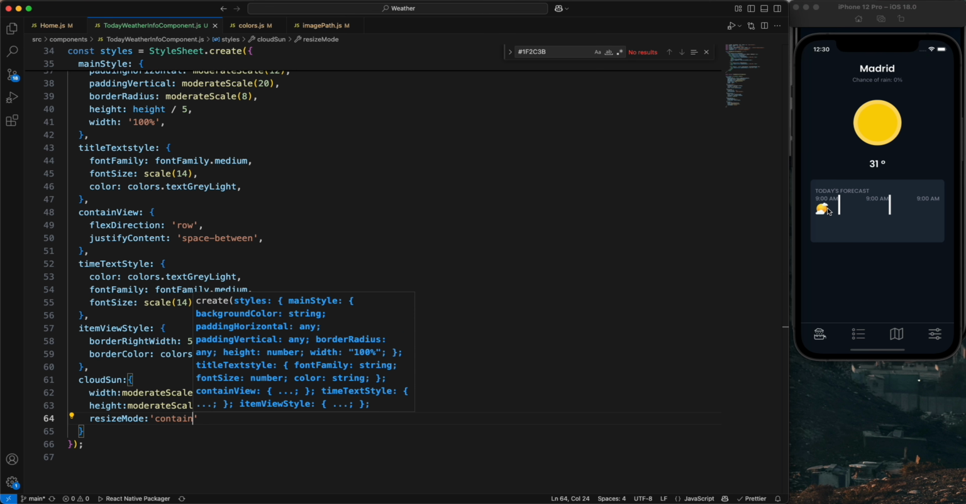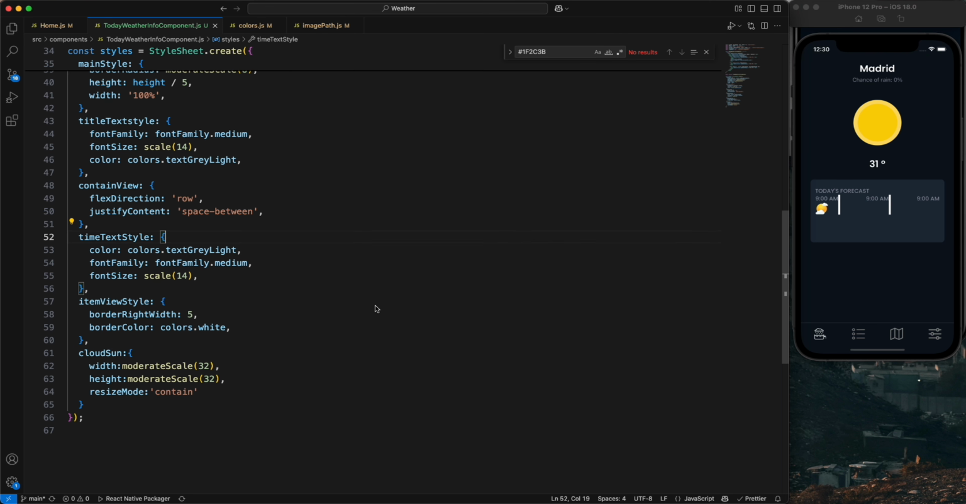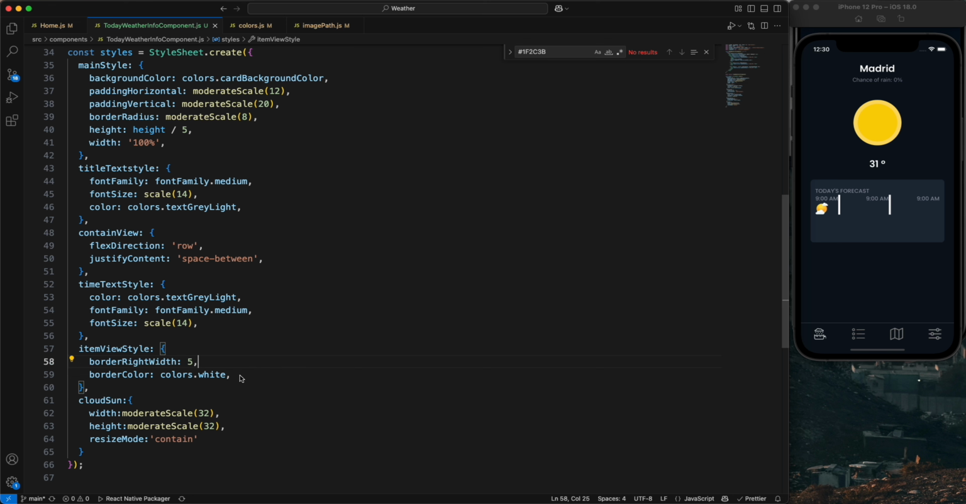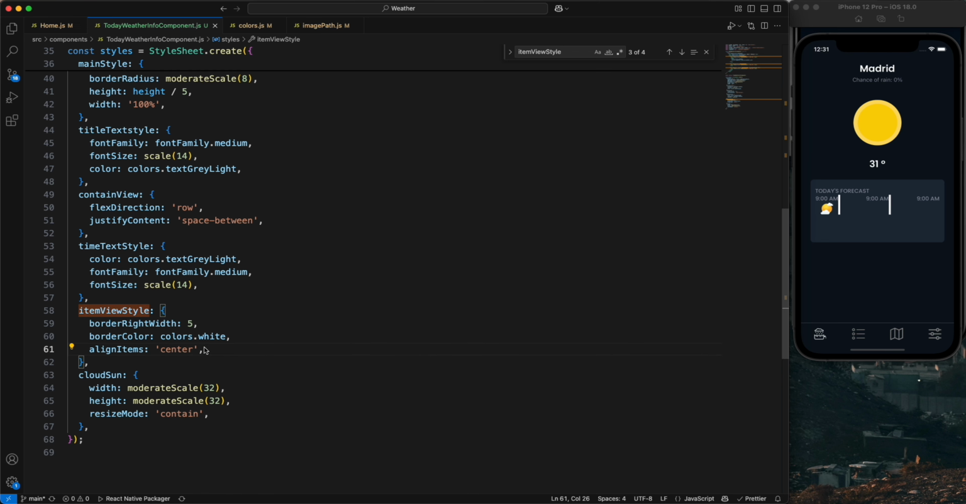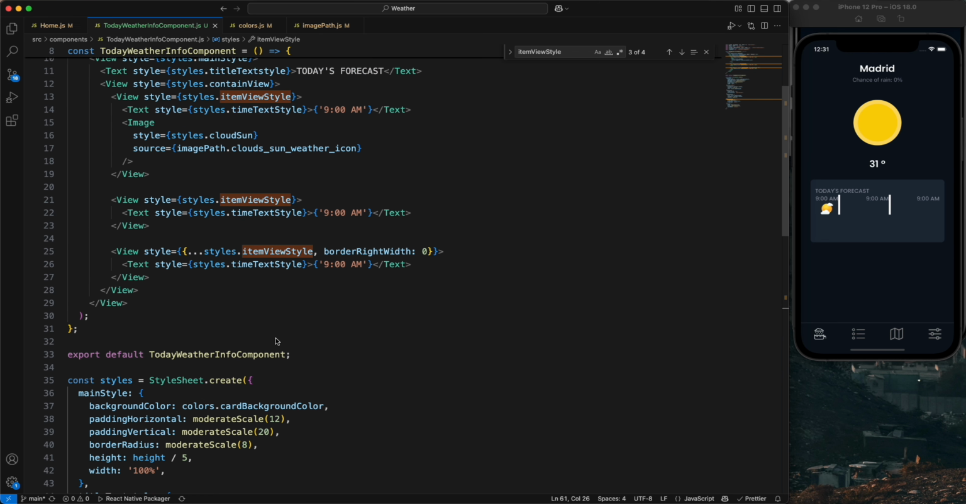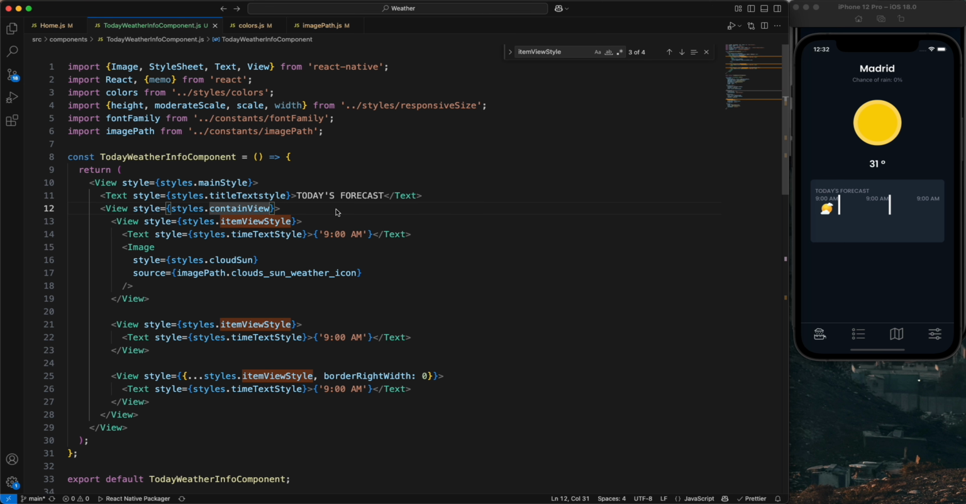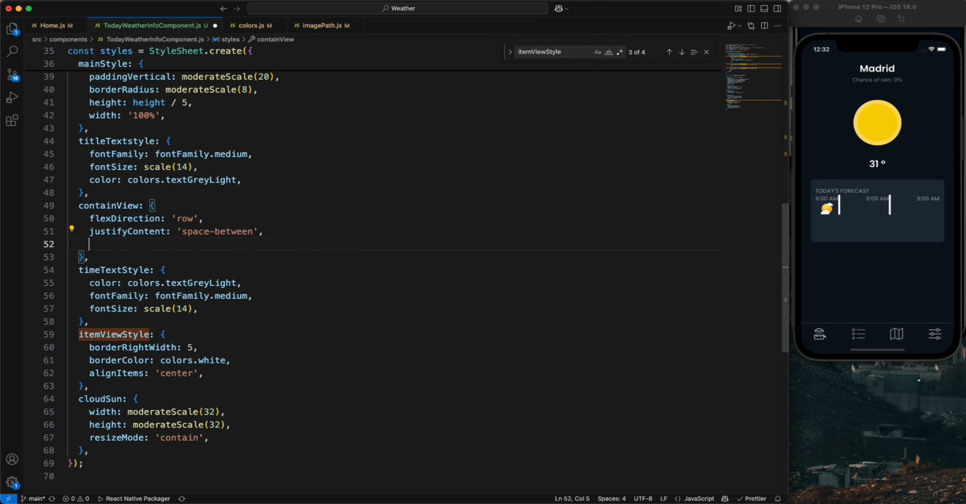So we have a, you can see, and also we need to apply the align item center also. Yeah, like this. So we just add the align item center, and this is the content view. And the content view, I need to add some margin and padding also. And just come here and just type the margin